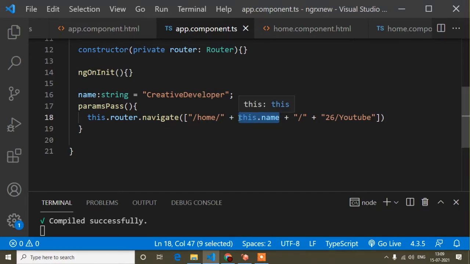And guys, if you don't know about the route and parameter route, then you can watch the particular tutorial about that, and after that you can come to this video. And here I have just given the basic idea, okay.